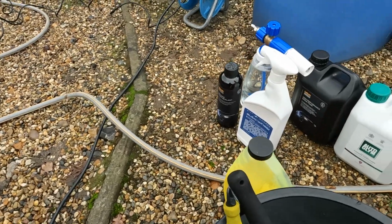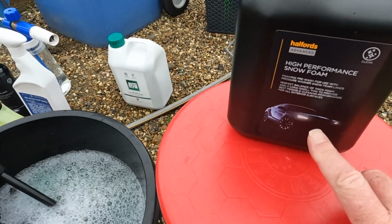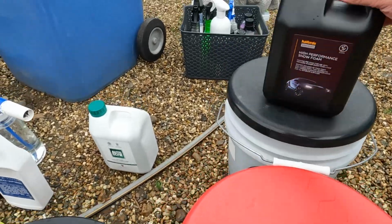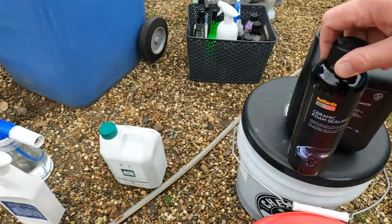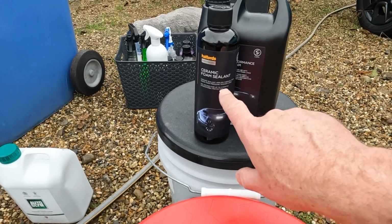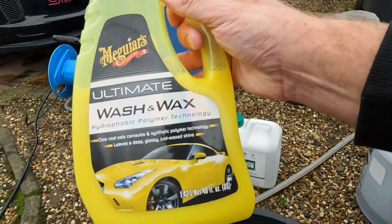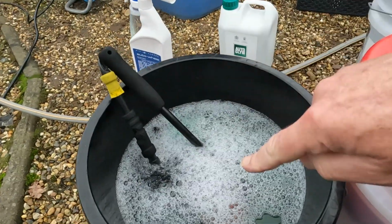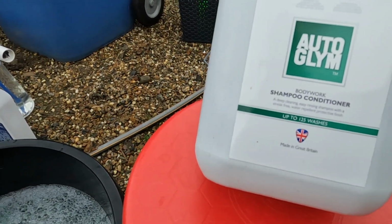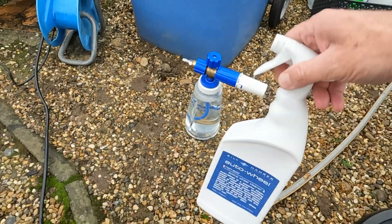So today, the order of today is keeping it simple. We've got some Halfords Advanced High Performance Snow Foam, and, to make a total change, Halfords Advanced Ceramic Foam Sealant, spray on, rinse off. I have Meguiar's Ultimate Wash and Wax in the wheel bucket. We're going to use Autoglym Bodywork Shampoo Conditioner for the contact wash, wheel cleaner,